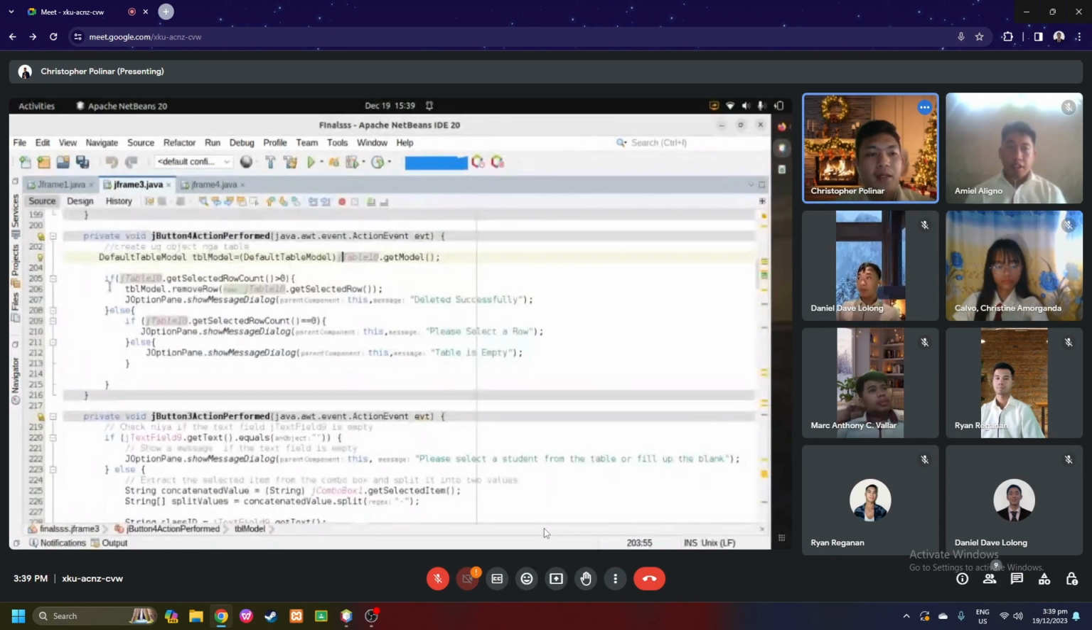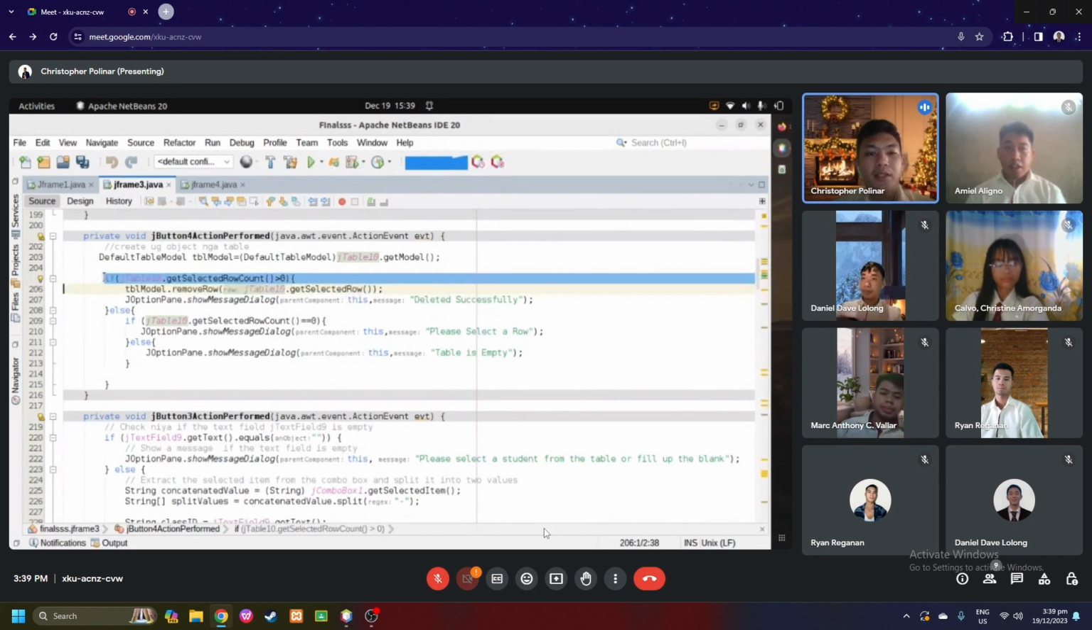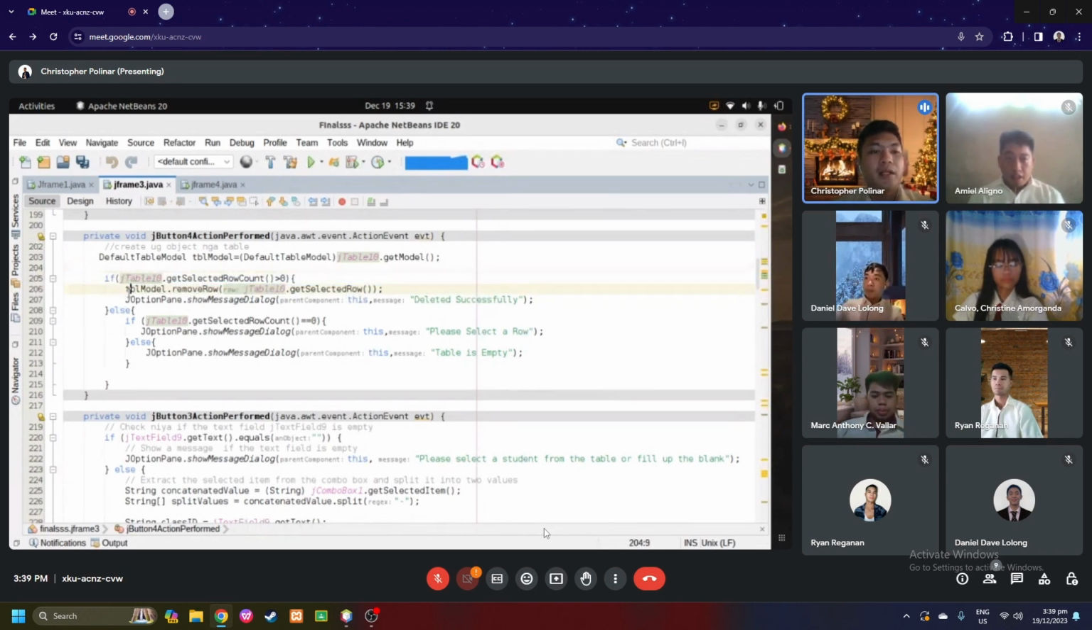Then after that, we used if-else conditions to perform the deletion or removal of the selected row. So the first condition is if the selected row count is greater than 0, then it will perform this code, which is the removal or deletion of the selected row from the table, then prompting a message saying deleted successfully. But if this condition has not been met, then it will jump into this else statement, which consists of